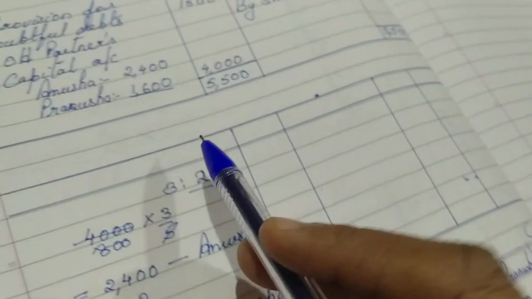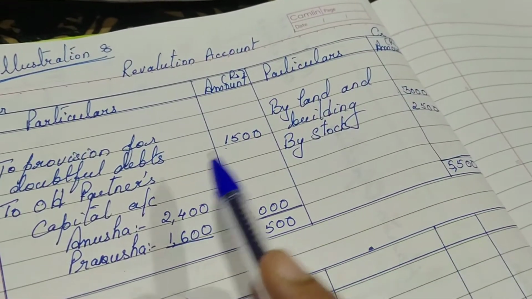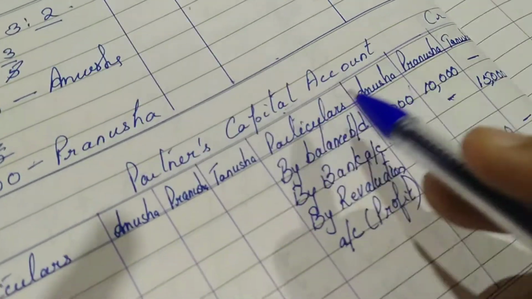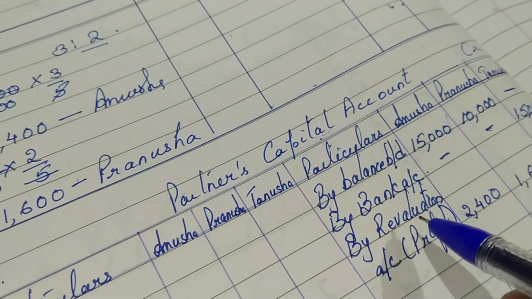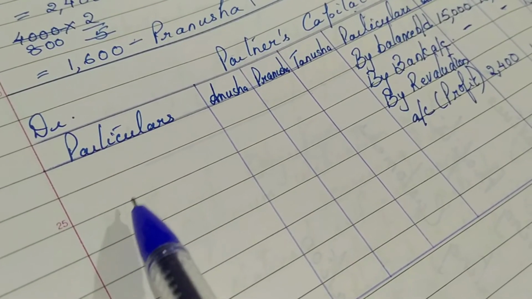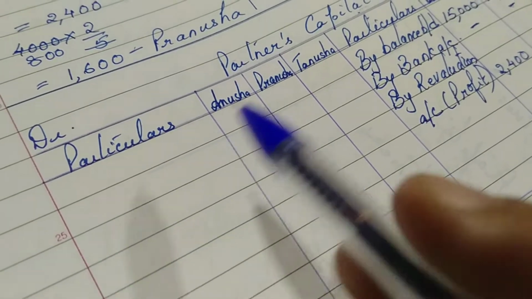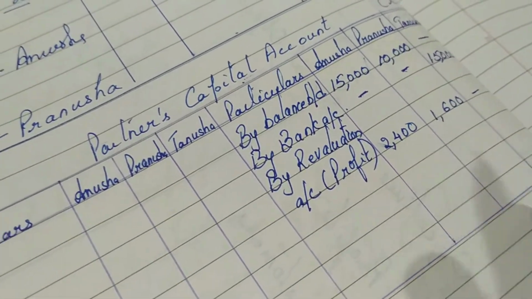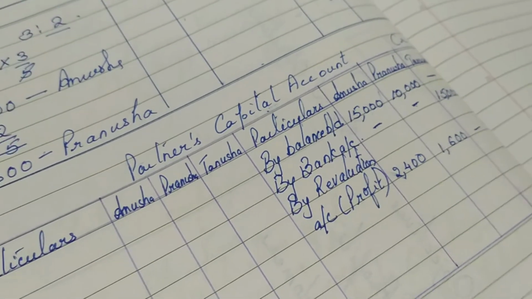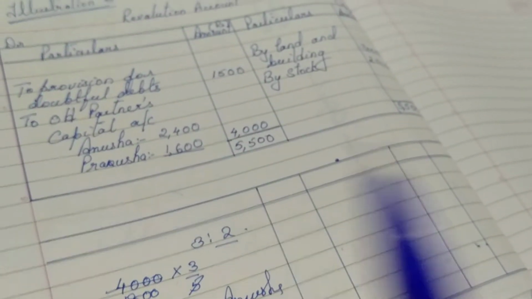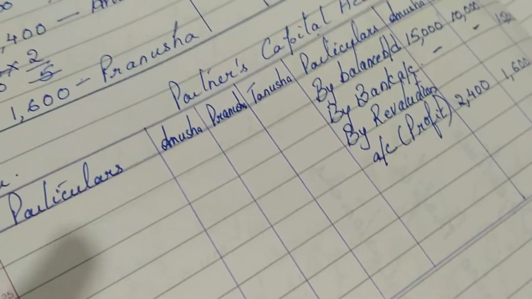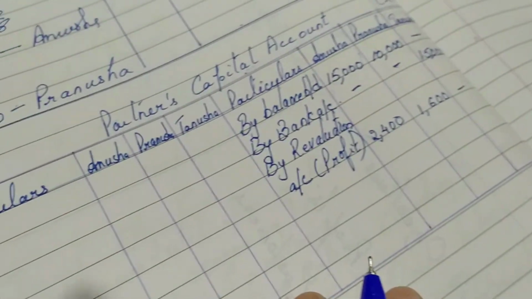No, because this is the old valuation of assets and liabilities of the organization, and it is transferred only to the old partners. So whenever in the capital account you are transferring the profit or loss calculated on the revaluation account, it will be given only to the old partners. The new partner will not get a share. From now on, after this capital account is prepared, whatever profit and losses are there, Tanusha will also get a share, but the revaluation account profit and loss will not be given to the new partner. So there is nothing else that has to be posted in the partners' capital account.